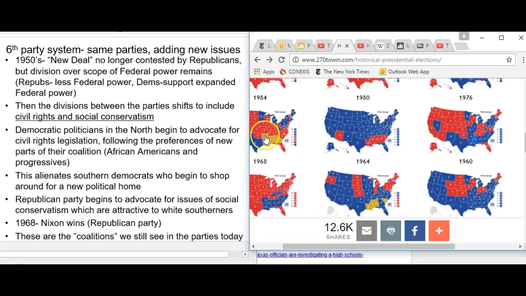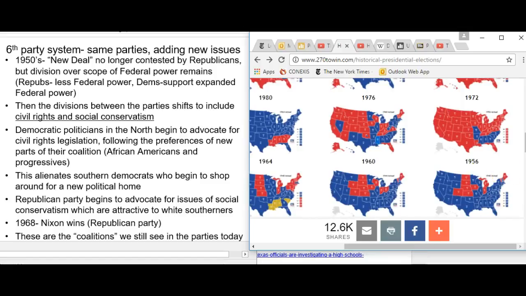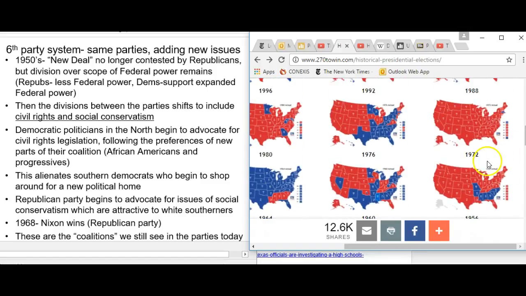because the Republican Party, when it is noticing this dissension that's coming from the South, begins to search around for other issues that they can use to attract Southern whites to the Republican Party. And a set of issues that they hit upon are issues of civil rights and also social conservatism. And social conservatism issues like women's role in society, being opposed to abortion, and gay rights are starting to become an issue, not so much